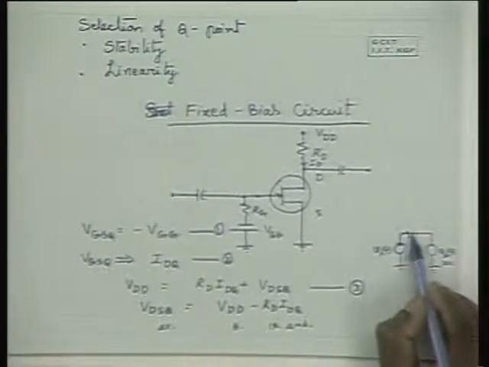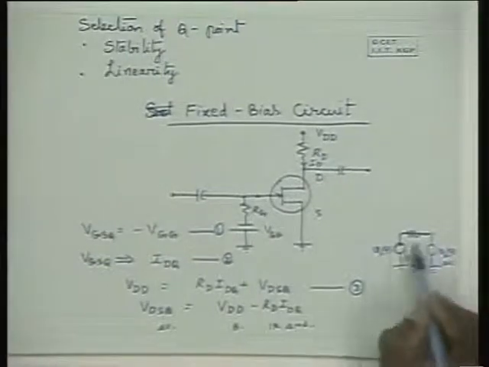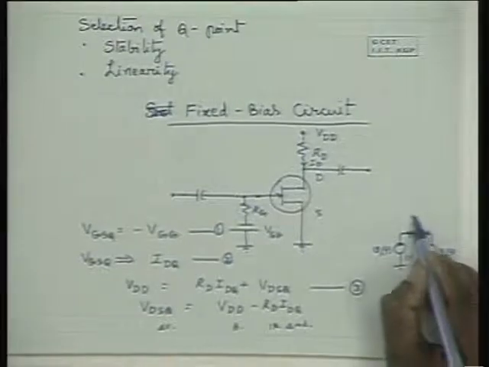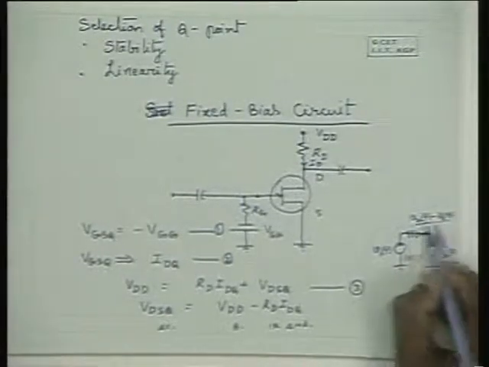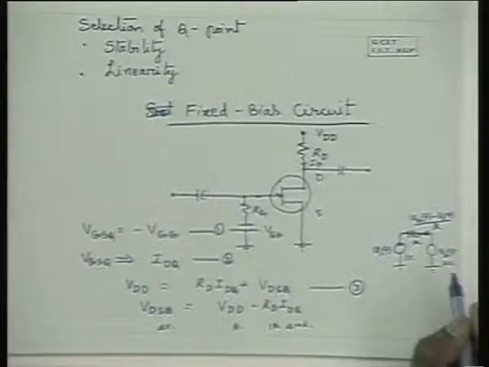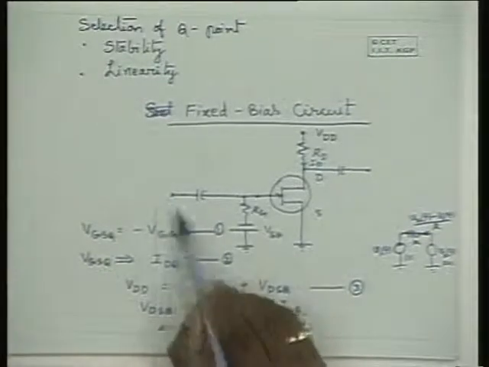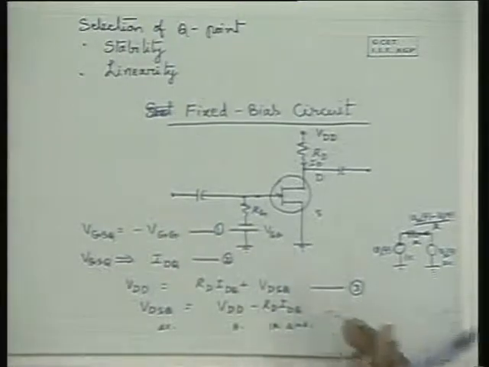Only when there is a resistance you can avoid shorting it, and this circuit now works with a current flowing in this direction as (V2(t) minus V1(t)) by the resistance R. Otherwise it gets shorted. Now to prevent the shorting of the input signal into VGG, this RG is provided here.